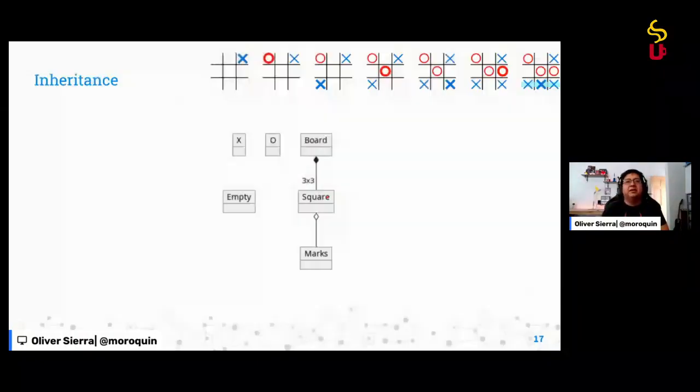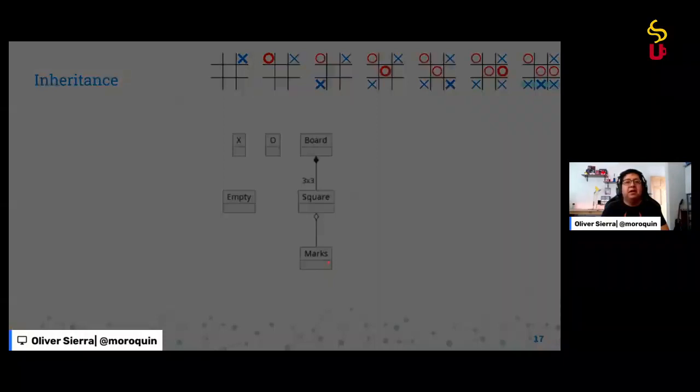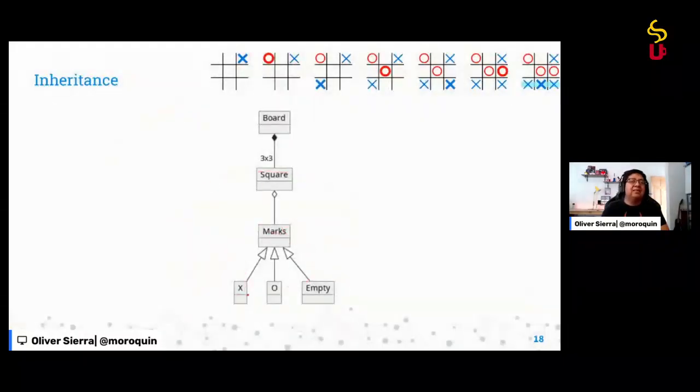Okay, then we understand that this mark can have different values. It could be empty, it could be X, it could be O. So this mark itself, we can say that X, O, and empty are a specification of a mark, or the mark is a generalization like that. And we can see it as inheritance because an X mark inherits from a mark, but it's a specialization of a mark, because right now here we are